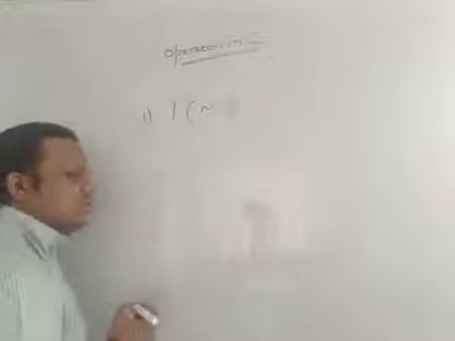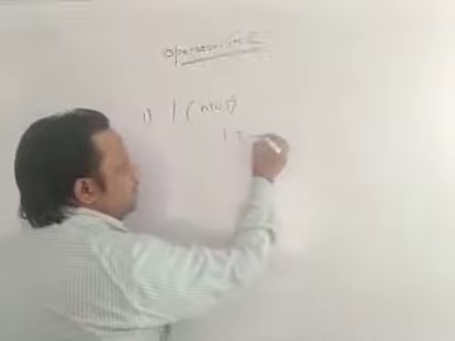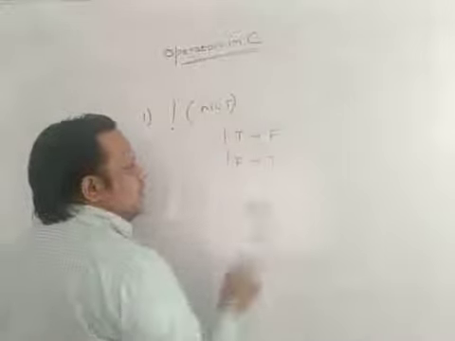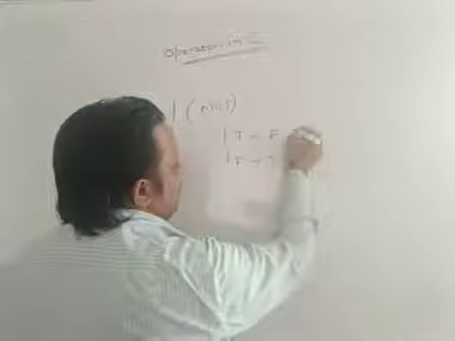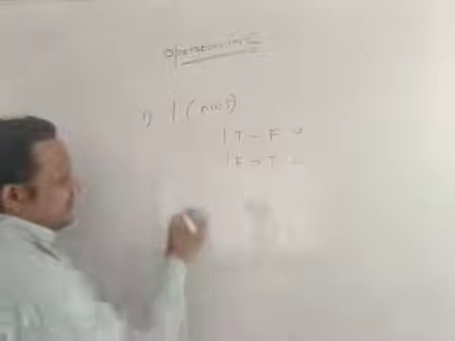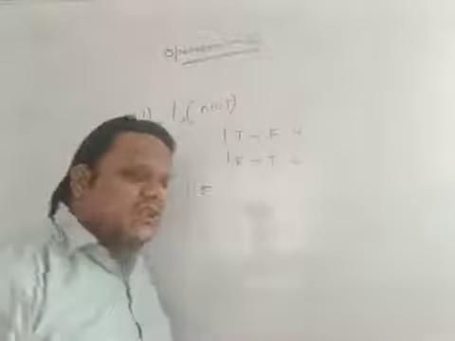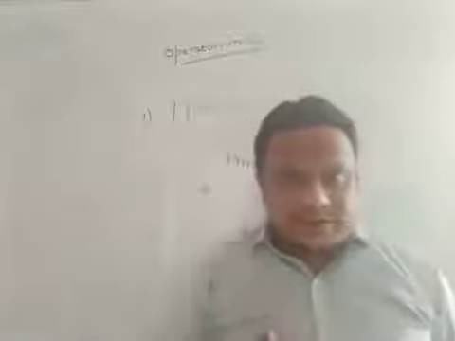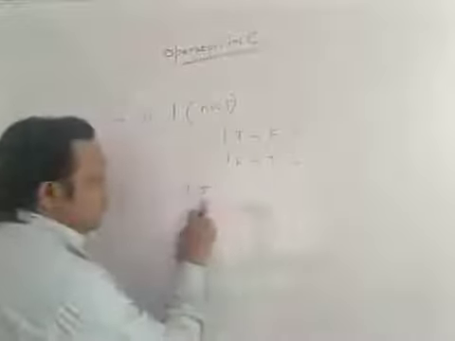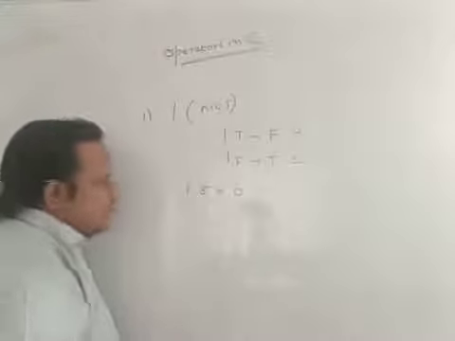So what do you mean by not? Remember one thing, guys: not of true is false and not of false is true. And in C and in C++, false means 0, and true means 1. So if somebody asks you, what is the value of not of 5? All positive and all negative numbers are true, only 0 is considered false, right? So 5 is true, so not of true is false, and false means 0. So not of 5 is 0.